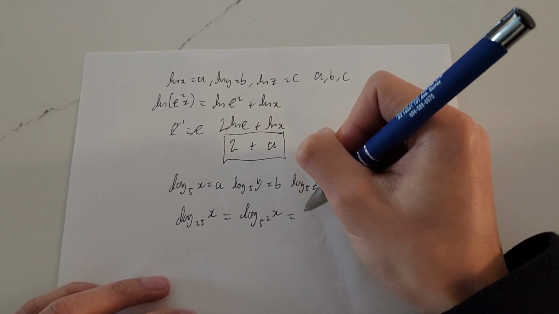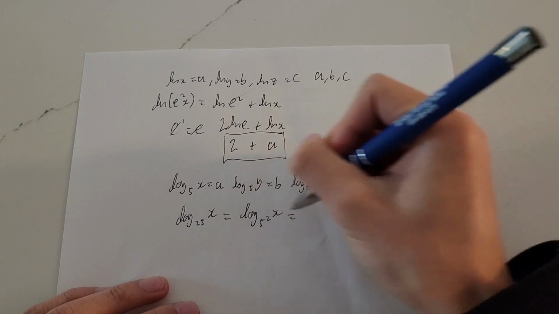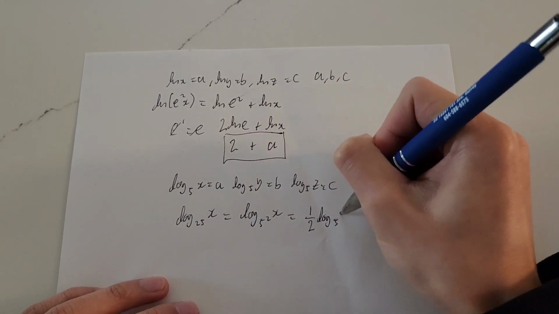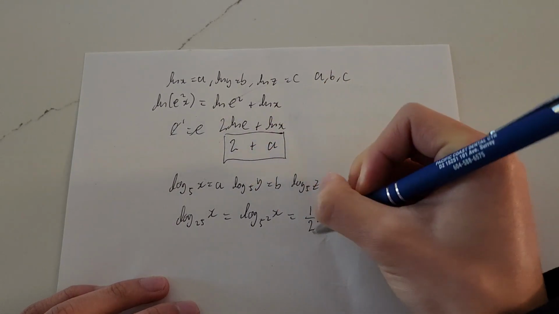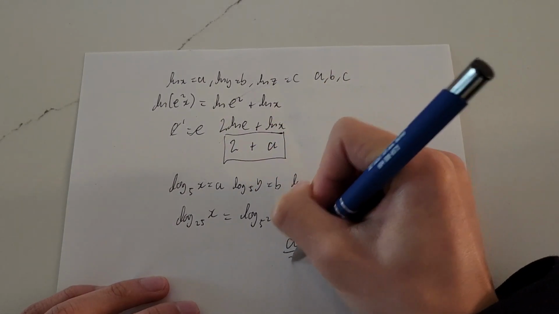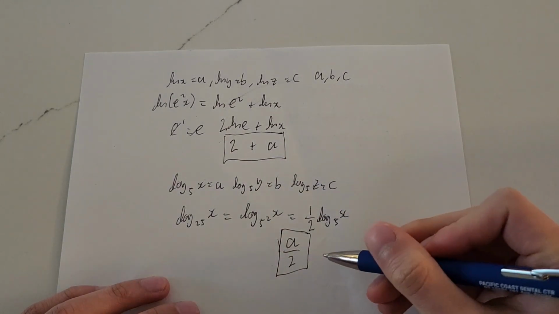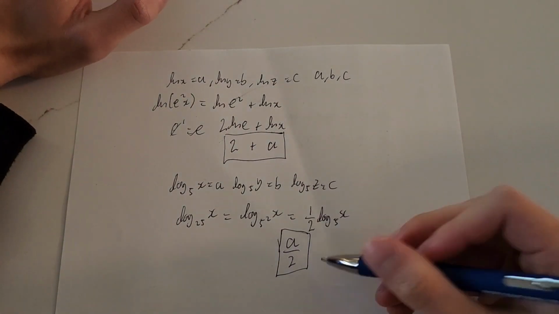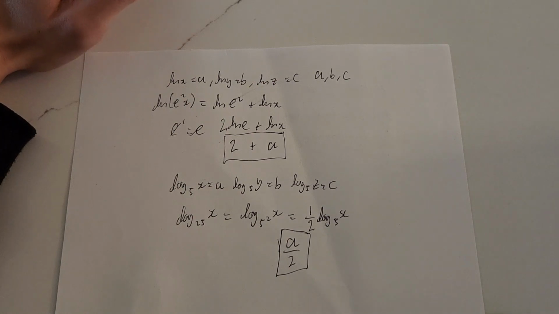Now, that's going to also equal, according to a logarithmic rule, 1/2 log base 5 of x. And what is log base 5 of x? Well, that's equal to a. Therefore, our answer is going to be a over 2. And I chose this one in particular because